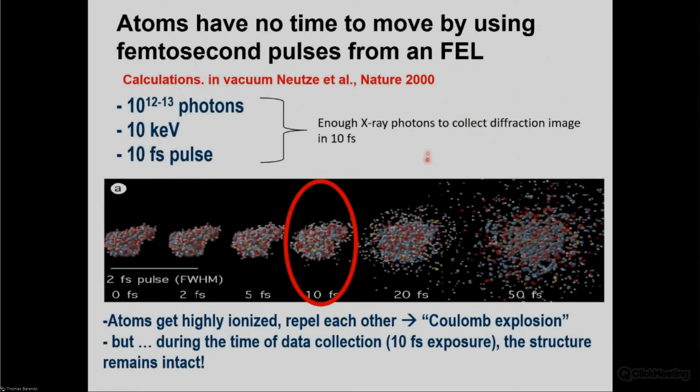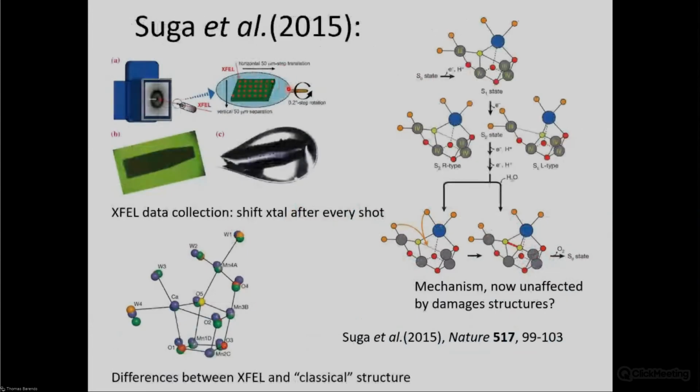And the way they do that is by making use of these extremely short pulses. If you use pulses of only a few femtoseconds, then the atoms simply have no time to move, even if they are ionized. You would still get the same structure. And I think the most impressive study of photosystem 2 was done by Suga and co-workers at the